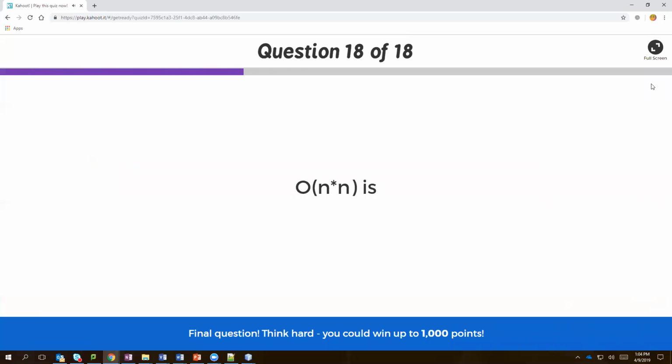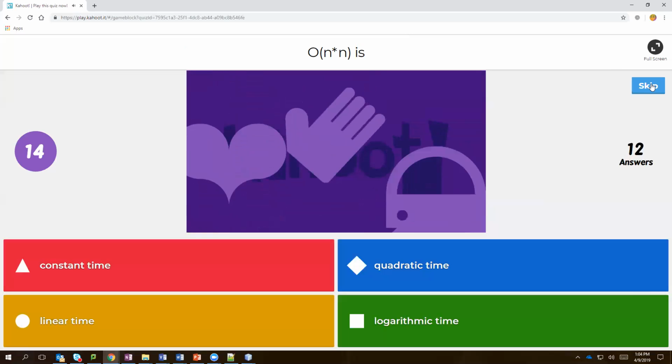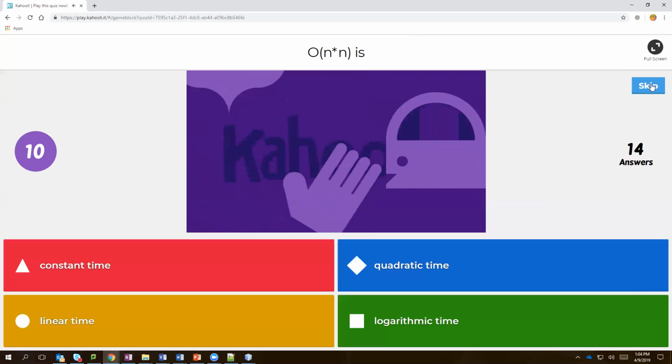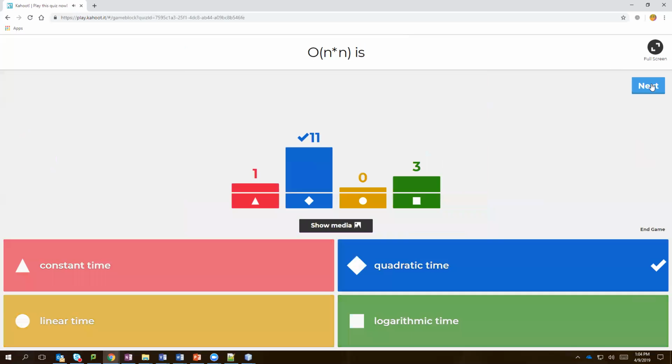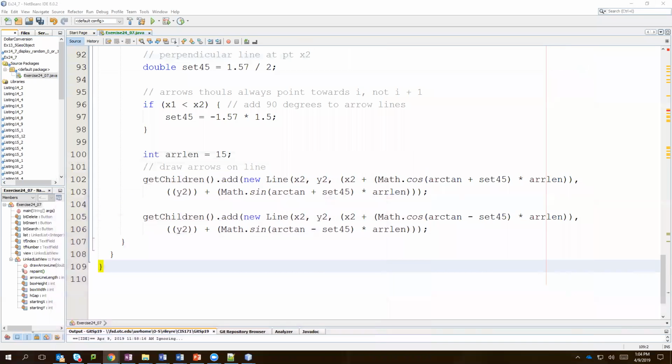Lastly, O n times n is very good. Rachel just slammed everybody. Good job, good job. She's been working. Now on Canvas,